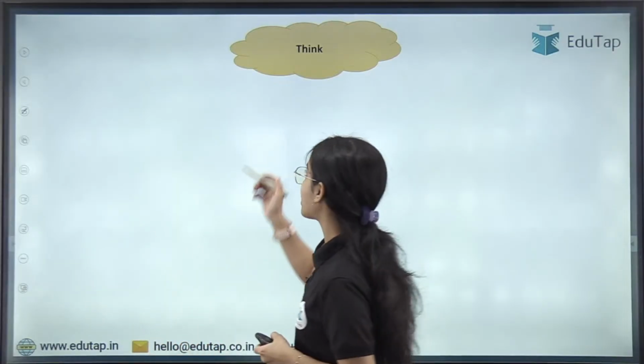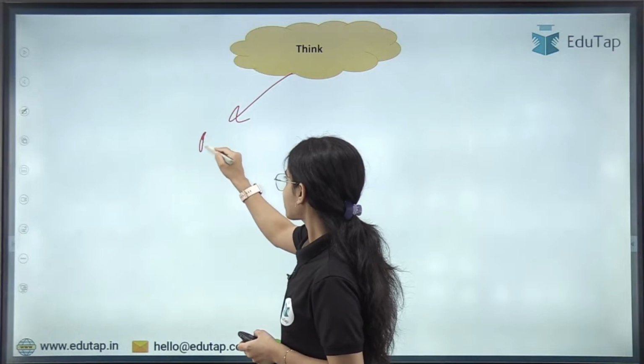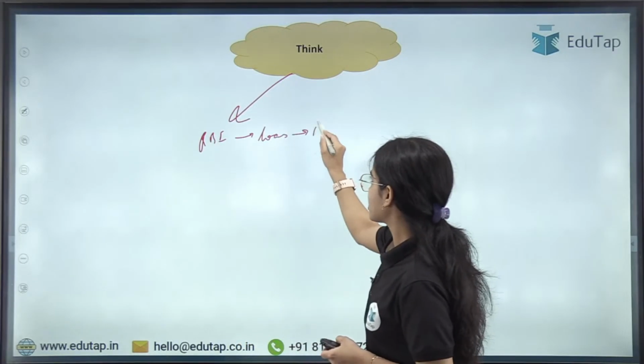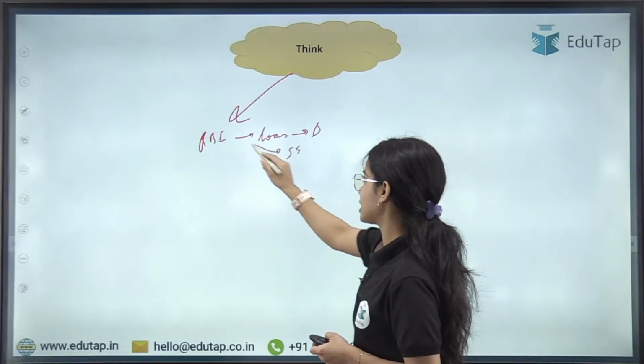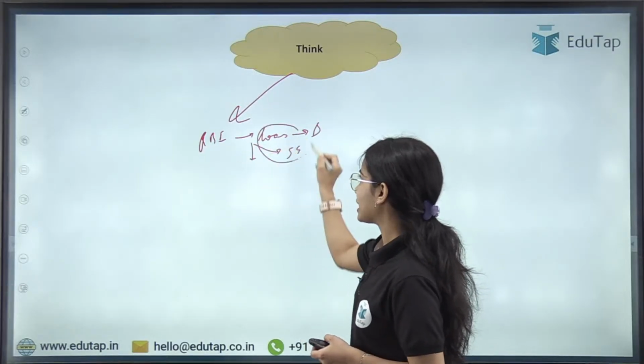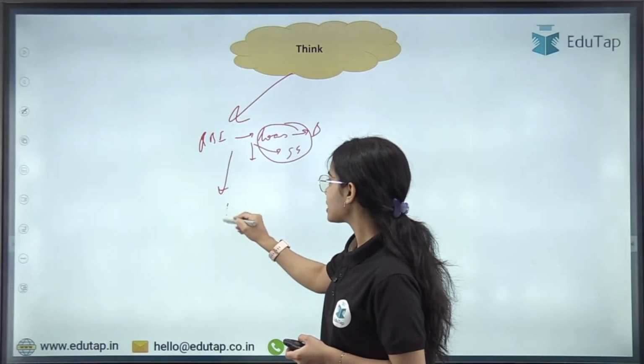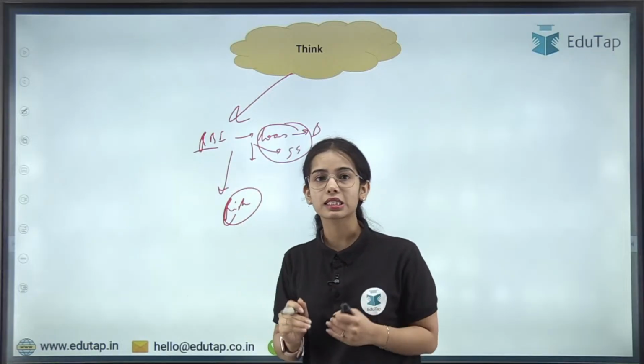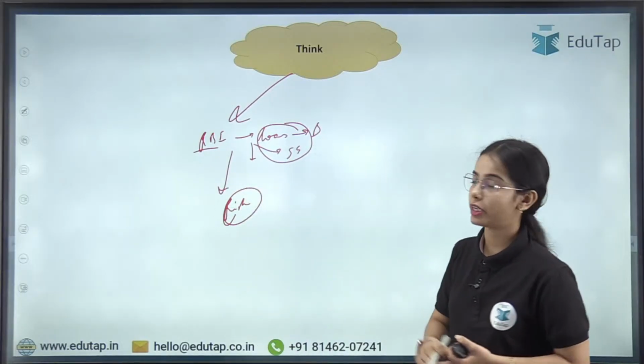But before that, think about it: RBI provides loans to the banks, it provides loans to the state governments, it provides loans to various entities. So is there a risk that is involved to the Reserve Bank of India? Is there any risk present with the Reserve Bank of India?